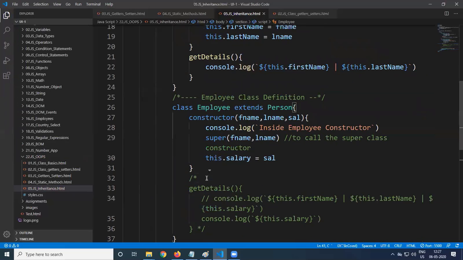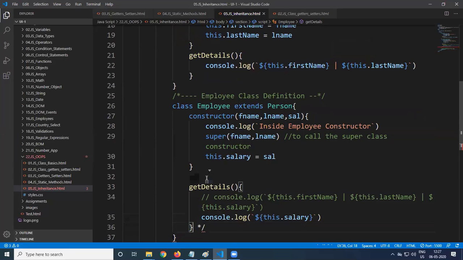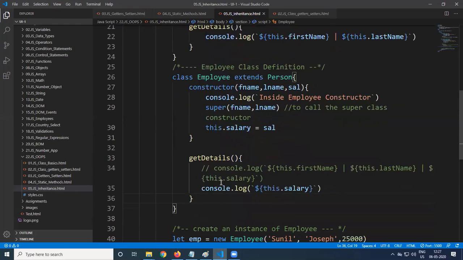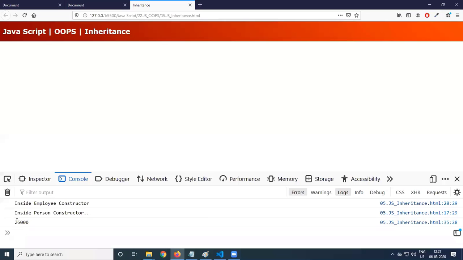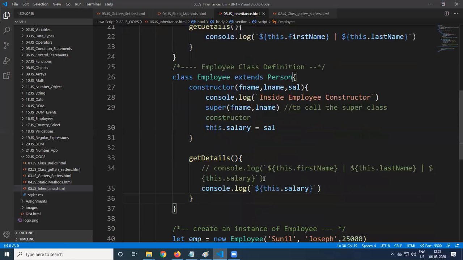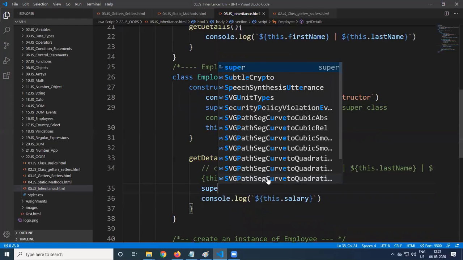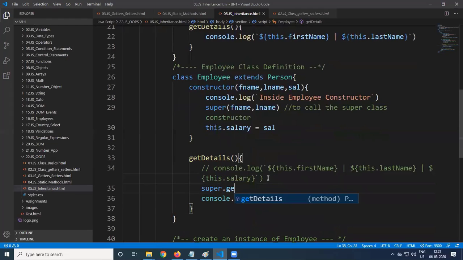Technically, it should call the first name and last name from the superclass, but we are getting only the salary. If you want, you can call that by using super.getDetails. This is the way we can call the superclass method.